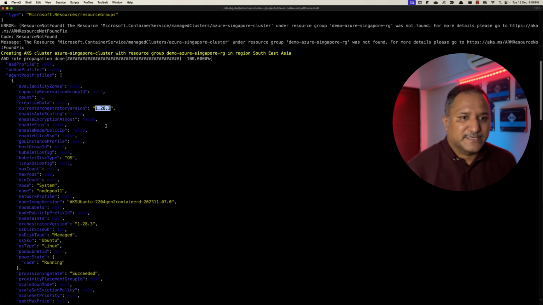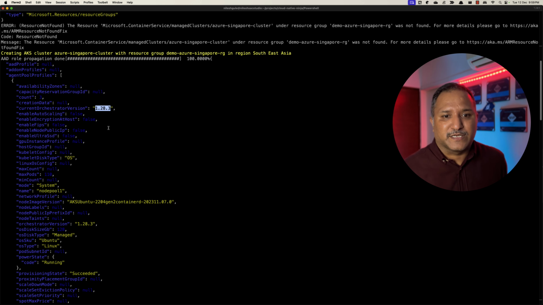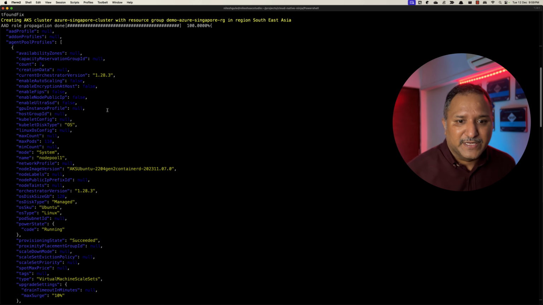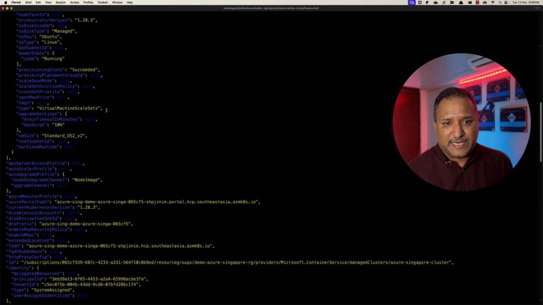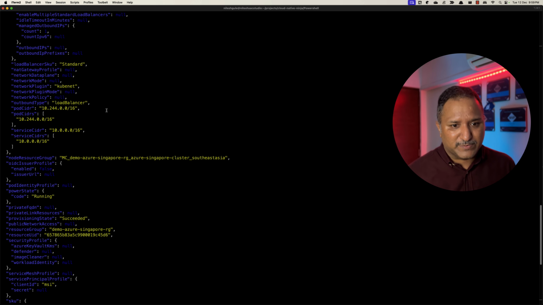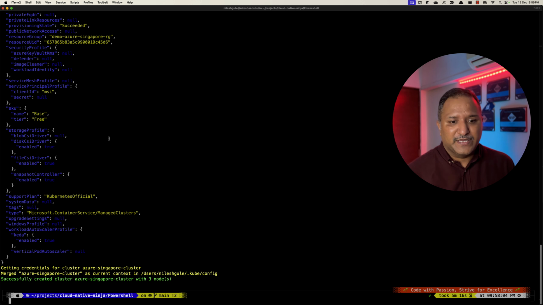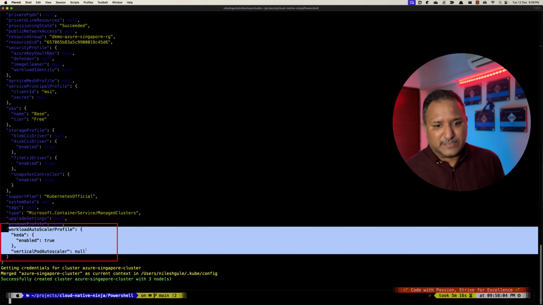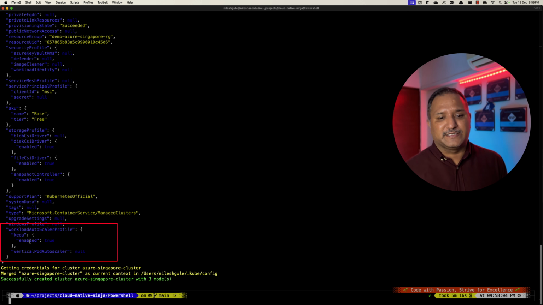So here we can see that the Azure Kubernetes Service, or AKS, cluster has been created as a result of that command running, which is az aks create. We can see here that the orchestrator version, or the kube version, is 1.28.3, and it has all the other properties which are default or the ones that we specified. If we scroll down to the bottom, here we can see that in terms of the scaler profile, there is this KEDA enabled and it's set as true,